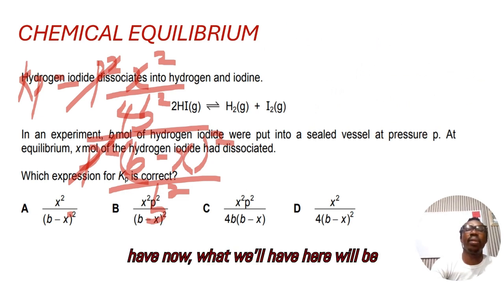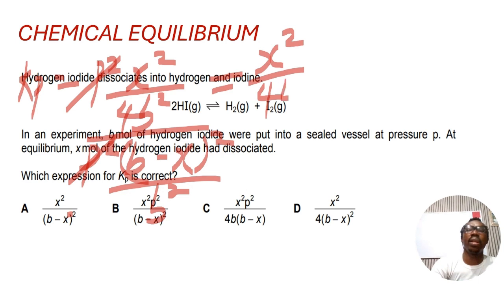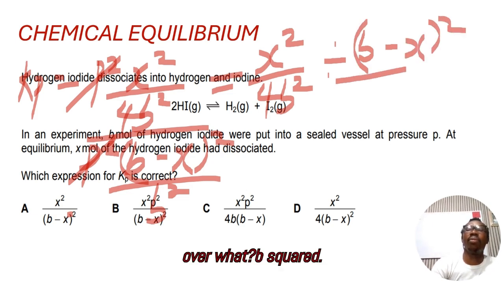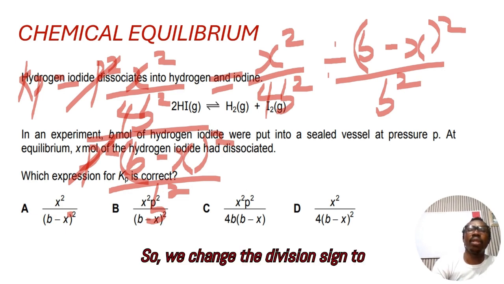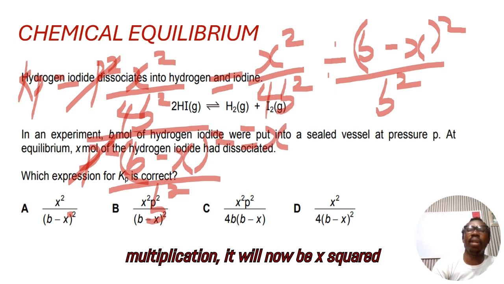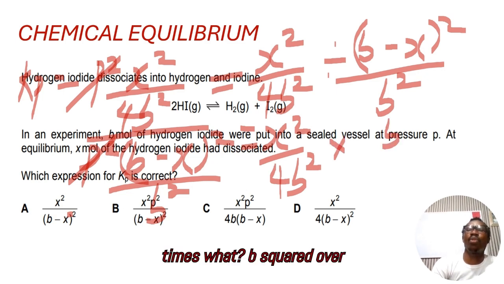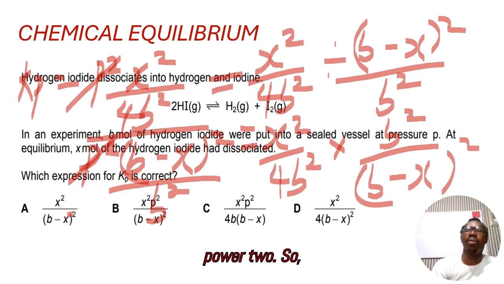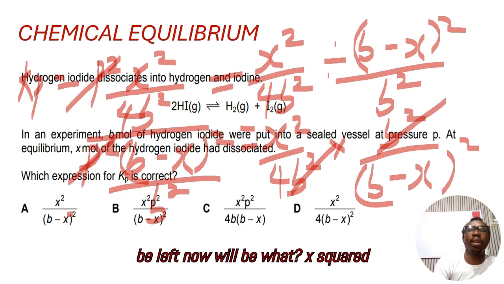So what we'll have here is x squared over 4b squared divided by (b minus x) all raised to power 2 over b squared. We change the division sign to multiplication: x squared over 4b squared times b squared over (b minus x) all raised to power 2. So b squared cancels b squared, and what will be left is